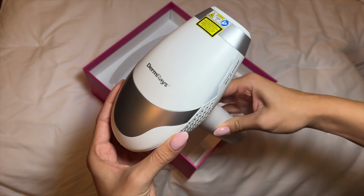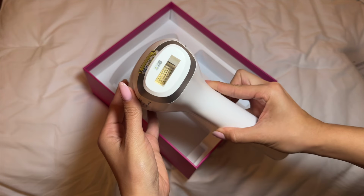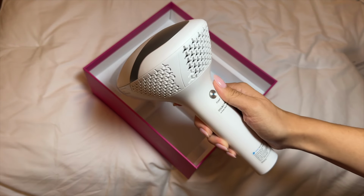This actually has an energy output that is twice that of traditional IPL at-home lasering devices, and that just basically means that it's going to be more efficient, less time consuming, and closer to the results that you would get in a professional salon experience. Overall, I truly think that this is so cost effective, even against waxing, because waxing is not a permanent hair removal solution and lasering is basically the closest thing that you could get to it. From what I've experienced, I feel like my hair has grown back so much slower than when I do waxing,